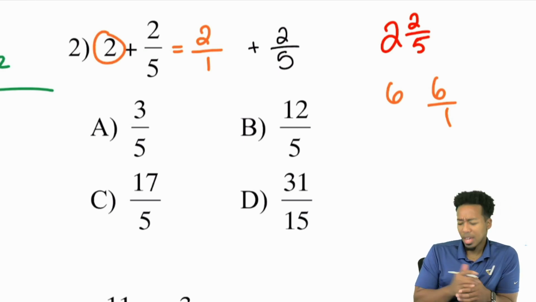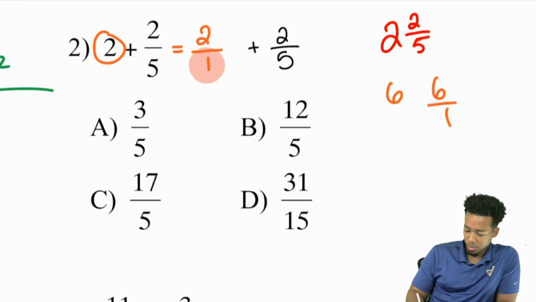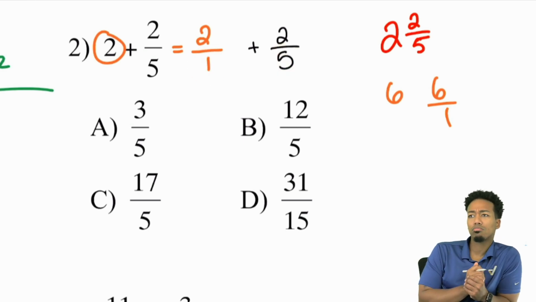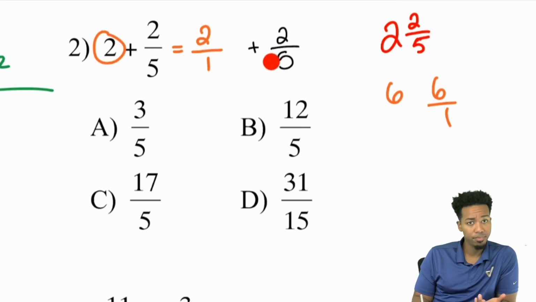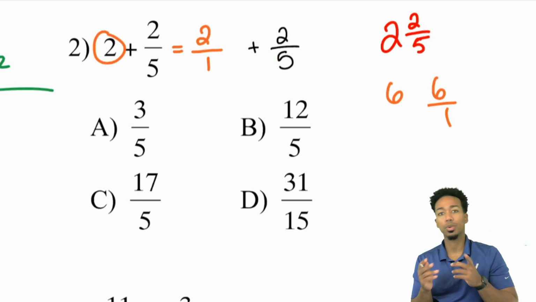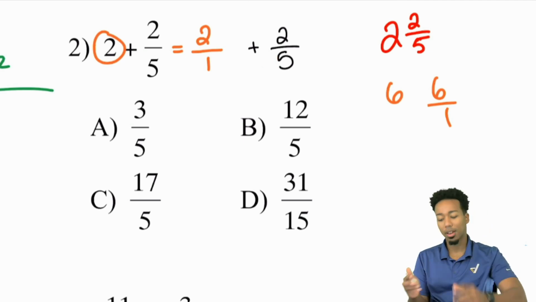We have 1 and we have 5. These are our two denominators, 1 and 5. Well, what denominator can I make it? Make it a 5. You know that you can multiply 1 to get 5, right? So this is still a case where we don't have to modify both, and we only have to modify one